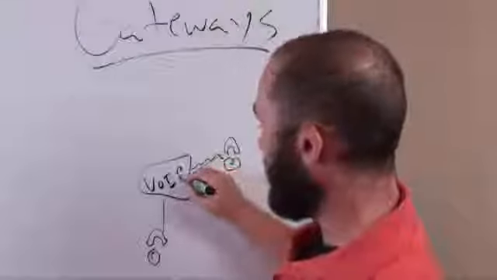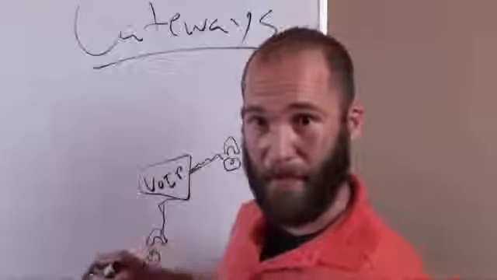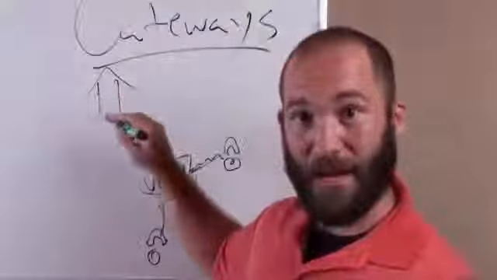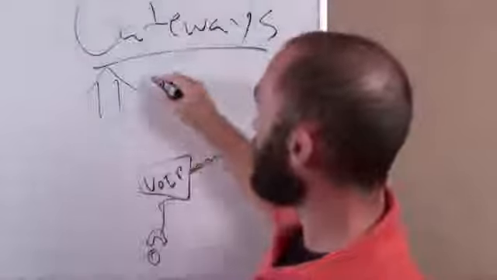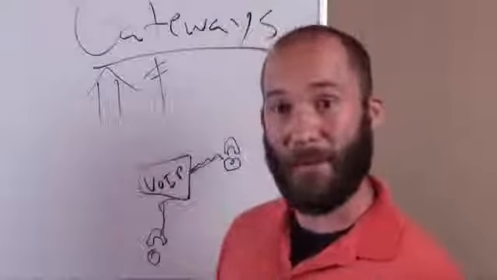So I would call into the voice over IP server, and then that would route the call to the other voice over IP phone. Now here's the question. What if Bob is out here in the house? So he has a normal telephone, right? With normal telephone lines, etc. He doesn't have a voice over IP phone.